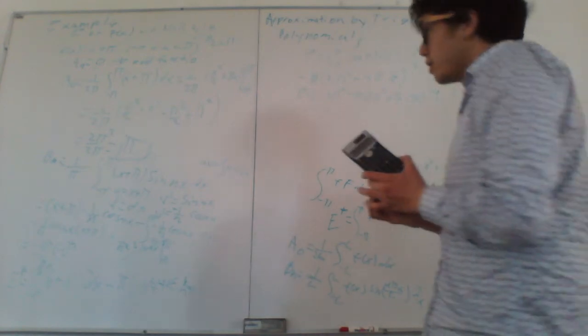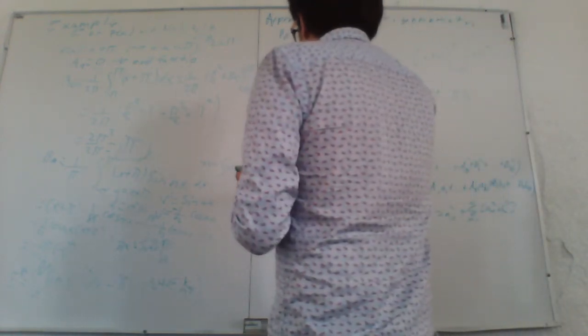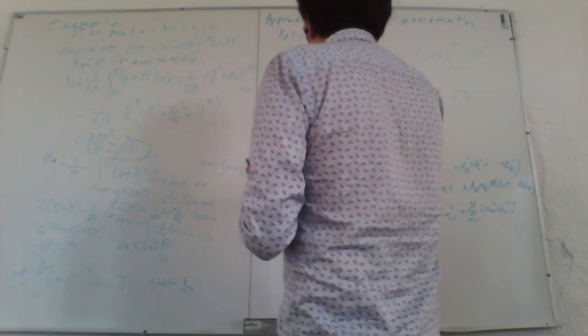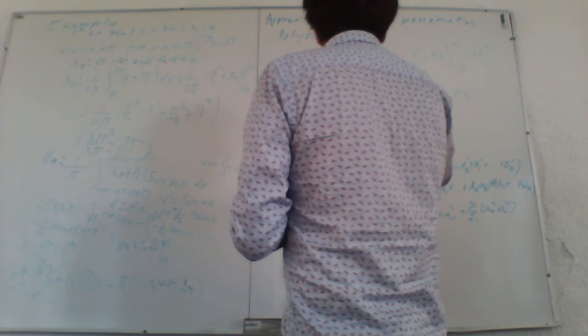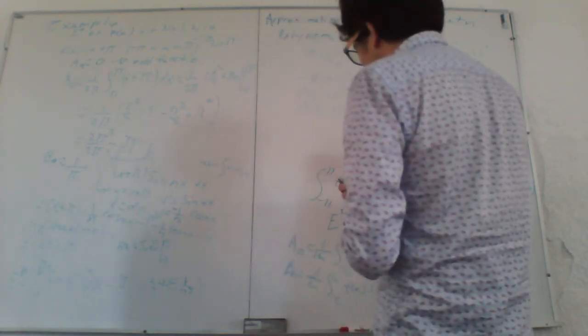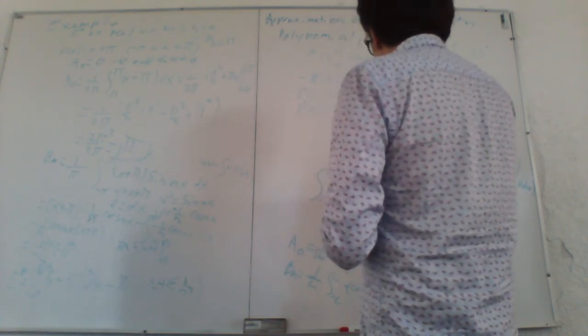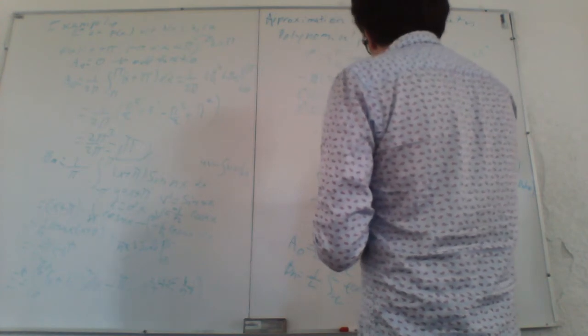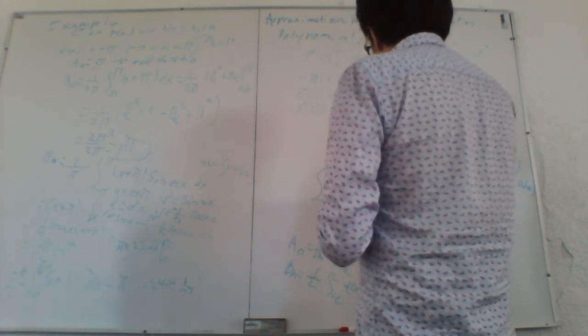Okay? If we want, I don't know, for n equal to 2, it's 2 pi squared minus pi times 2 pi squared plus, this one is, okay, plus 4 times 1 plus